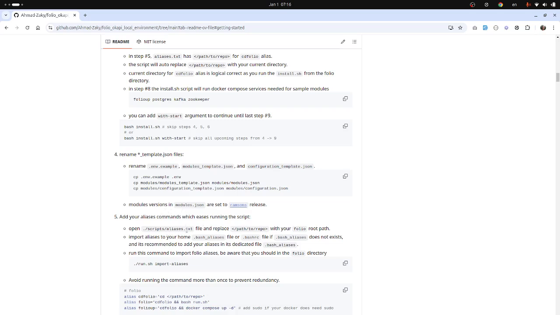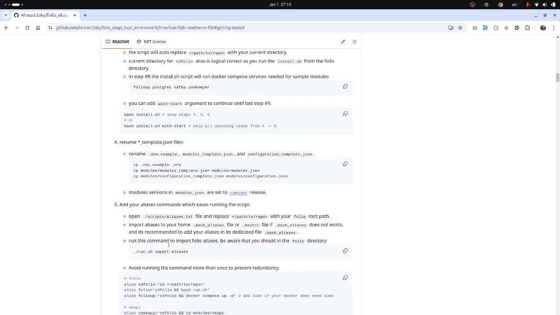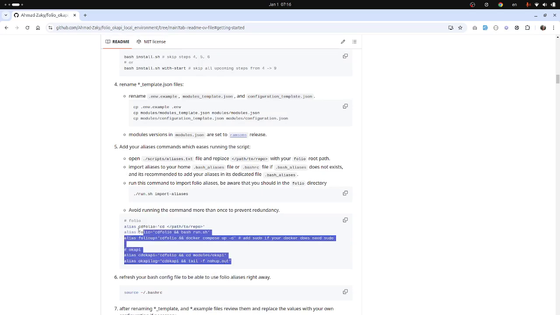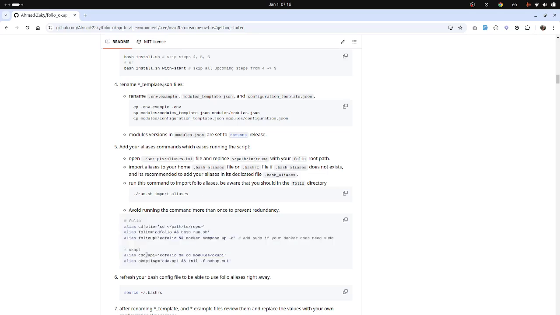We have aliases to make it easy to work with Folio, or with the Folio script. So we will import our aliases in the bashrc configuration file, or bash aliases if this one exists. These are the aliases we have. We do not have so many. We have cd folio to simply go to